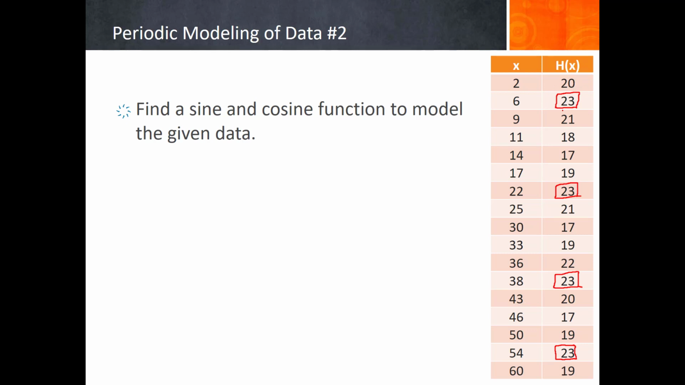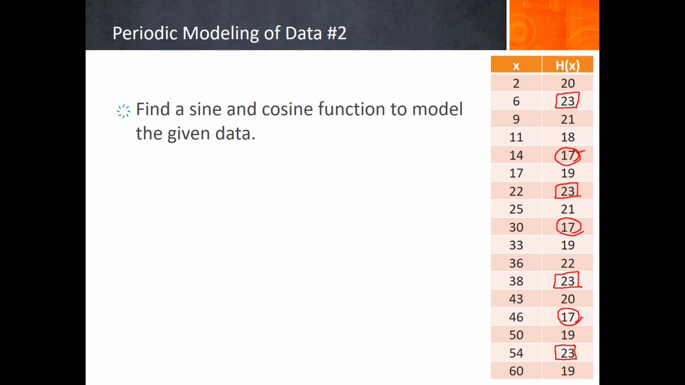And then let's look for our minimums. So 20, 23, 21, 18, 17. So 17 would be our first one. 17 again, 17 one more time. So we have 17, we have 3 minimums that occur in our set of data. So from those we can find the